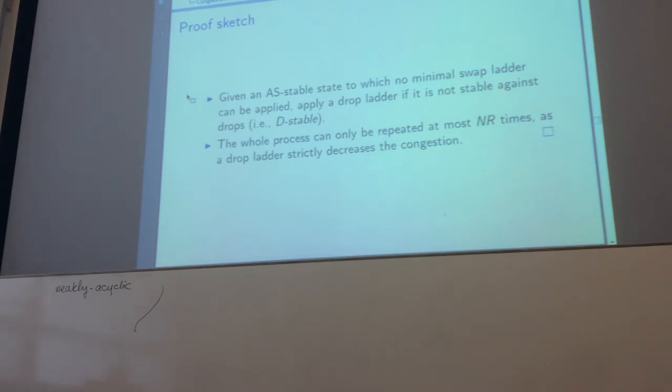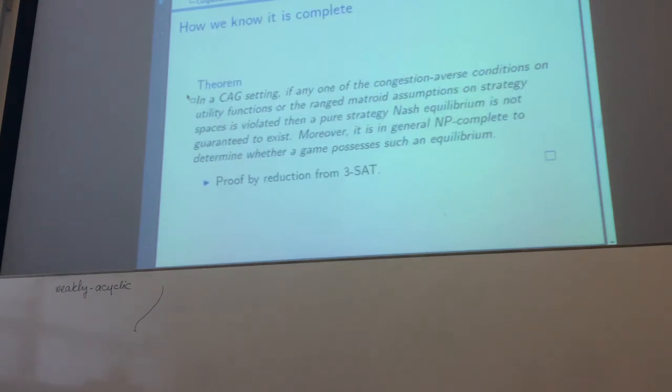And I'll stop here. And we know it's complete, as we actually said: if we relax any of the conditions, a Nash equilibrium may not exist, and then it's going to be hard to establish whether it does or not. And we continue on those